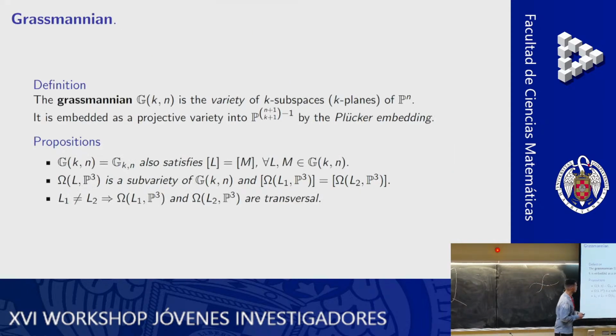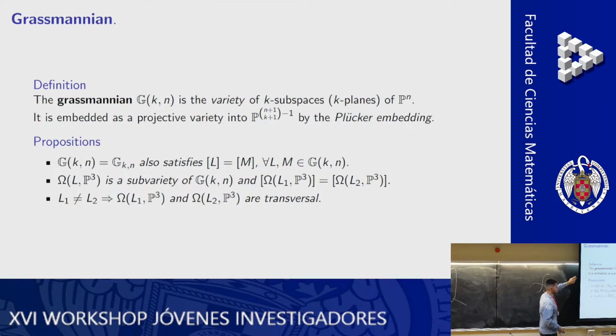So to solve the problem, we have to define what a Grassmannian is. I remember that the name Grassmannian just frightened me a lot, but it's really a straightforward concept. The Grassmannian is just the family of k-spaces of Pn. For example, we all know that the projective space is just the family of lines of a vector space. Well, instead of taking the family of lines, we are going, for example, to take the family of planes or the family of three spaces. That's a Grassmannian in general. In fact, we are going to work with the set of lines of the projective three space.